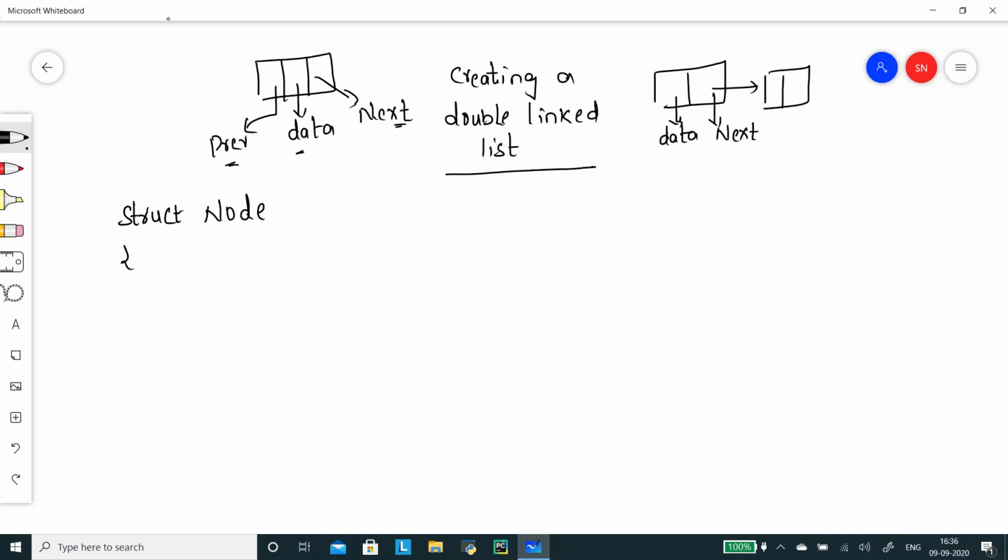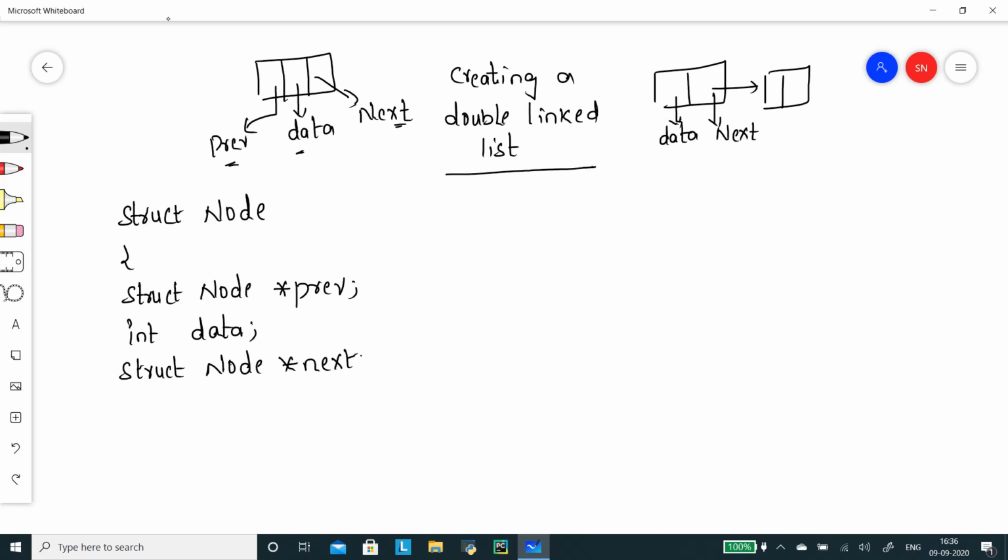Struct node means the previous pointer is pointing to one more node structure. The second one is the data, which is going to store the data. And the next one is going to point to one more node, which is going to store the next address.